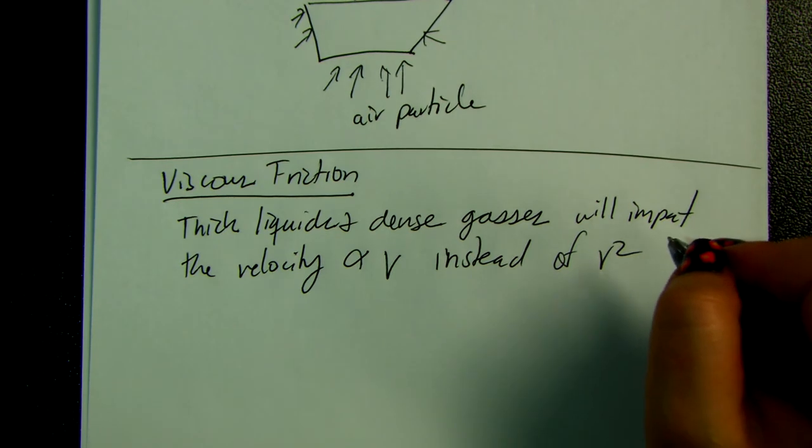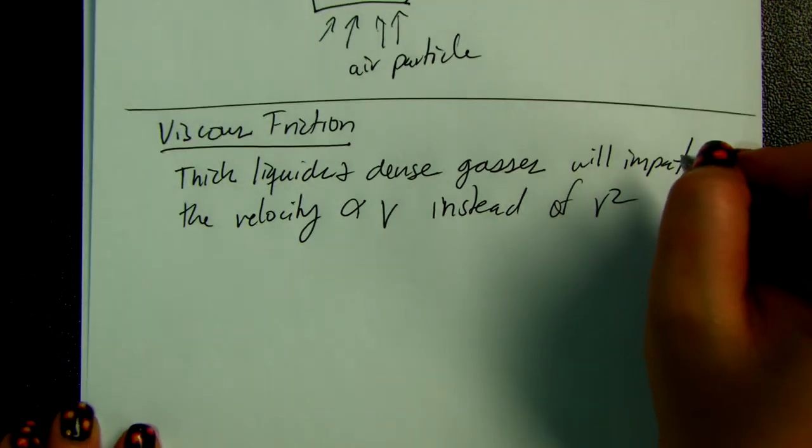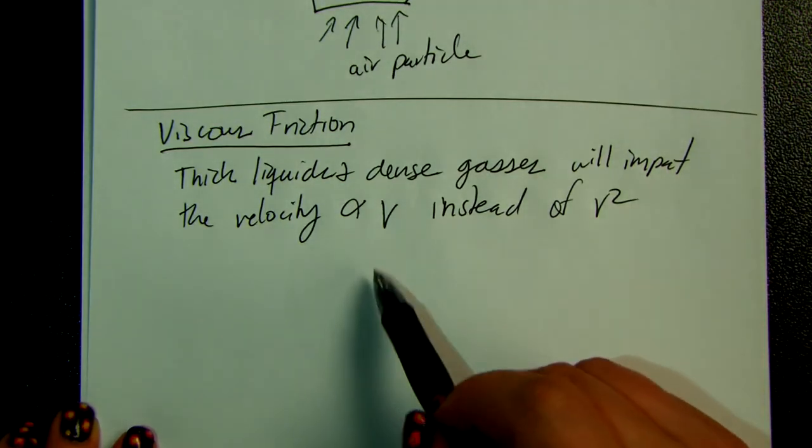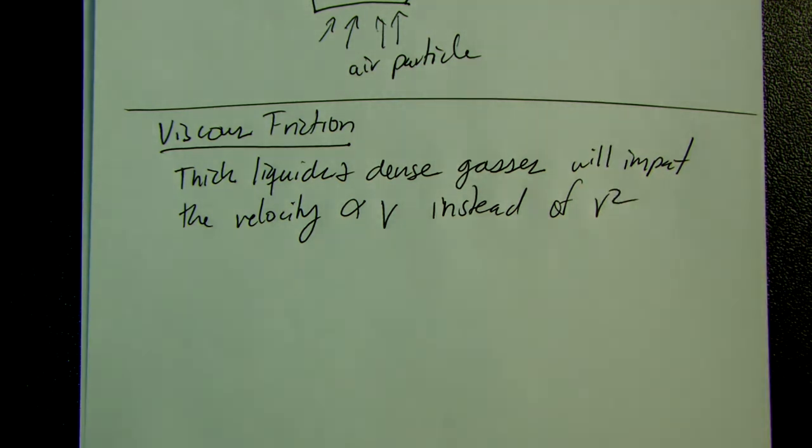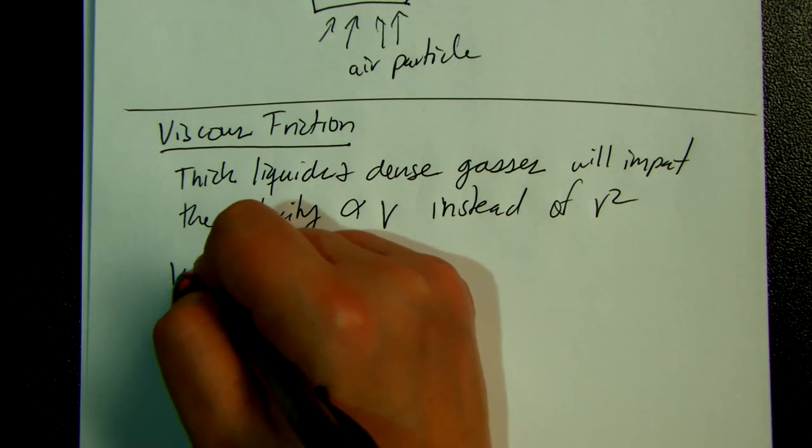So before, when we'd been looking at the impact on friction, we'd been saying it was proportional to v squared. Now when you've got a viscous friction, it's going to impact it with a frictional force that's proportional to how fast it's going. So viscous friction